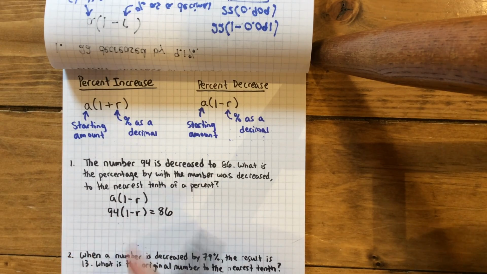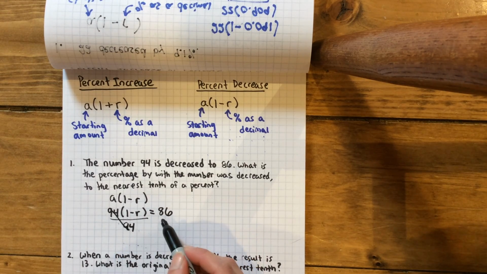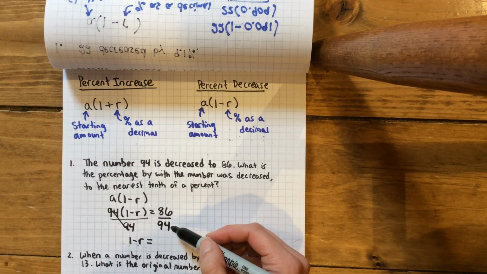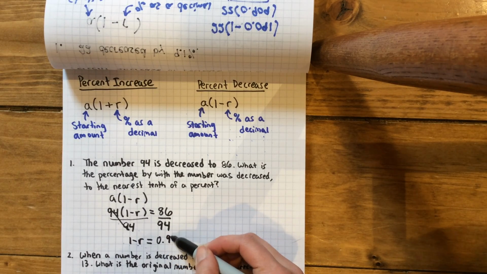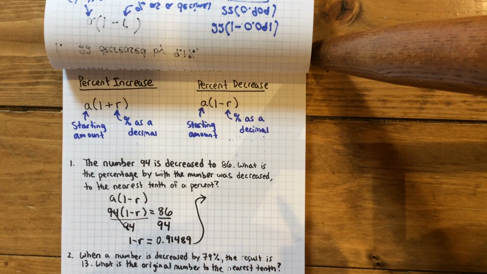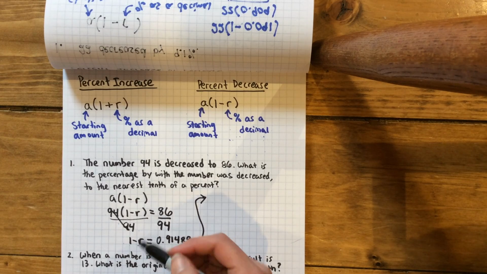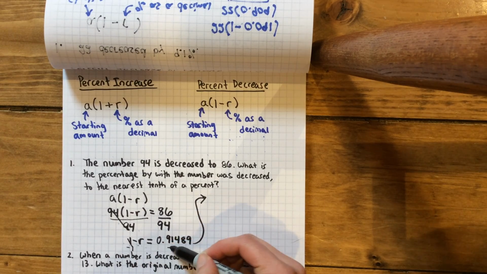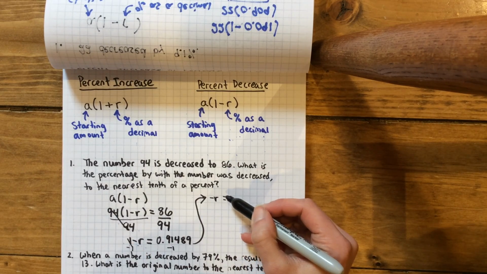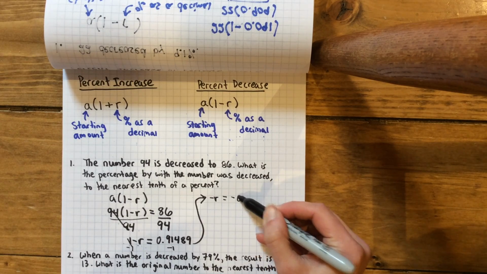94 is being multiplied by this entire quantity, so I'll divide this side by 94 to cancel that out, but whatever I do to one side I have to do to the other. So now I end up with 1 minus R, the entire quantity, is equal to, when I divide 86 by 94, I get 0.91489. I'm going to bring my work up here. I want to subtract 1 from each side. So I'll do minus 1 right here, minus 1 right here. That leaves me with negative R is equal to negative